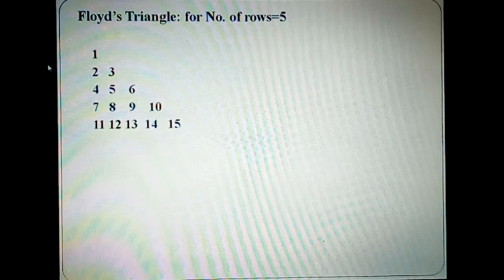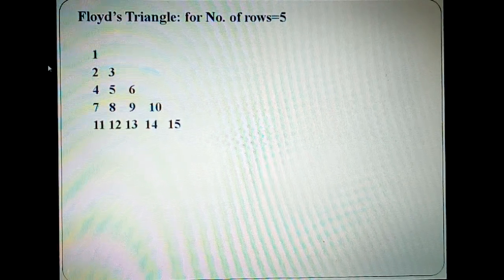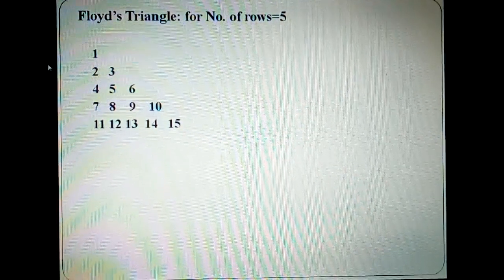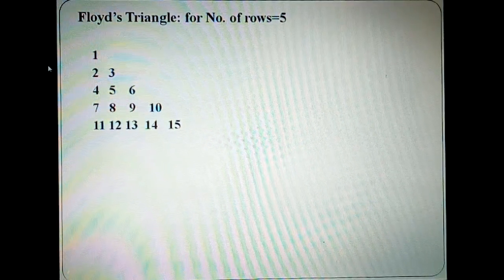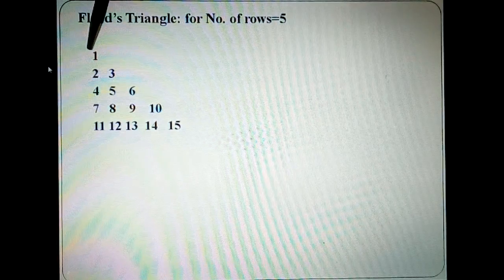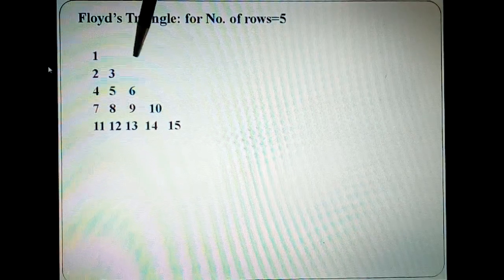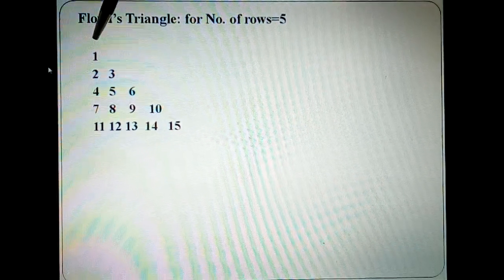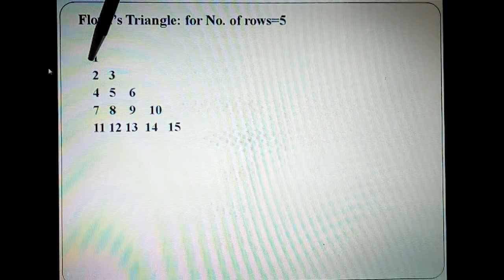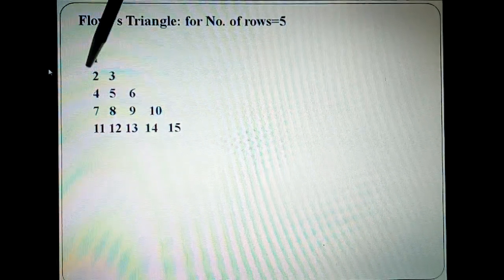Now we need to implement this by using a logic wherein we are supposed to make use of 2 loops. Let us call this a while loop, one outer while loop and another inner while loop, that is, a loop within a loop, nested loops. Now this outer loop will track the number of rows to be generated, in this case let us say 5, and the inner loop will try to establish a relationship with the outer loop, so that for example if the outer loop is at row number 2, then it is supposed to generate only 2 elements.